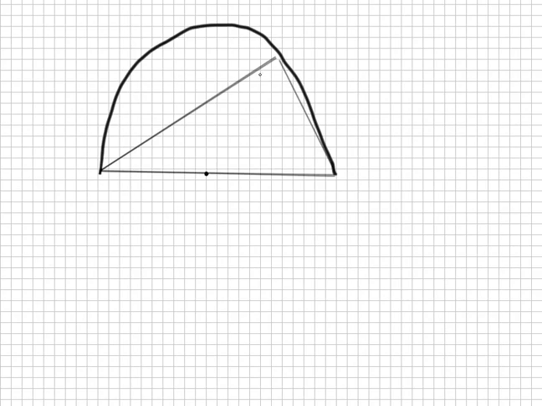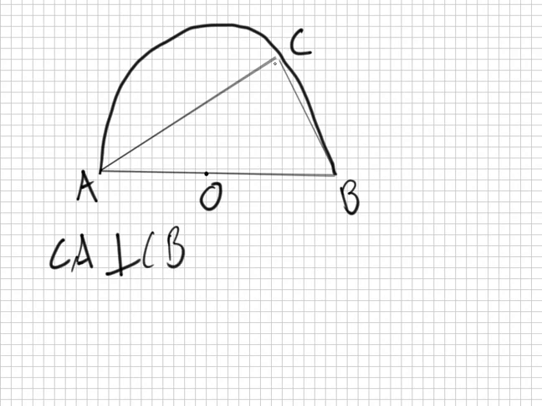So let's call this O, this A, this B, and then this one here C. So if I want to show that this is 90, basically I want to show that CA is perpendicular to CB. CA perpendicular to CB. So to show that,